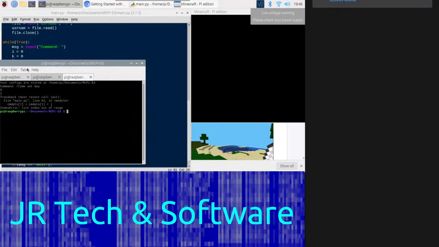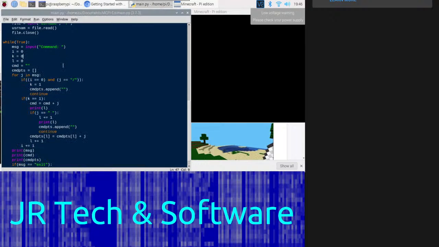So if we ever slash time set day, it's having an issue with this. We're doing that, and we're appending. I don't know what the NC server